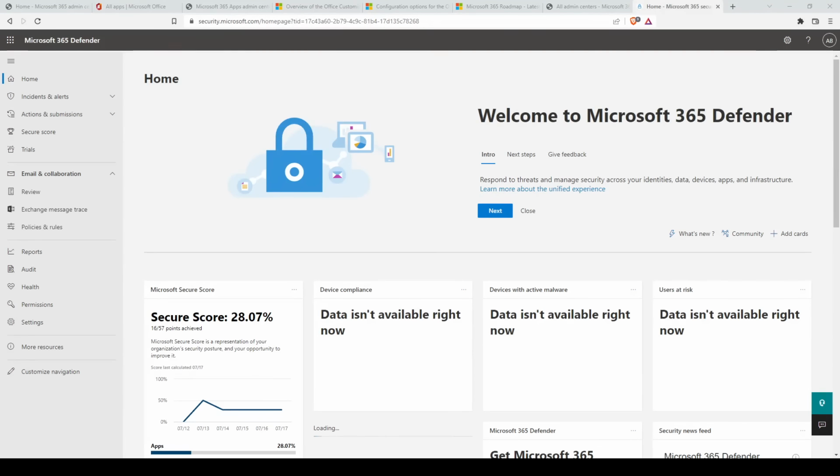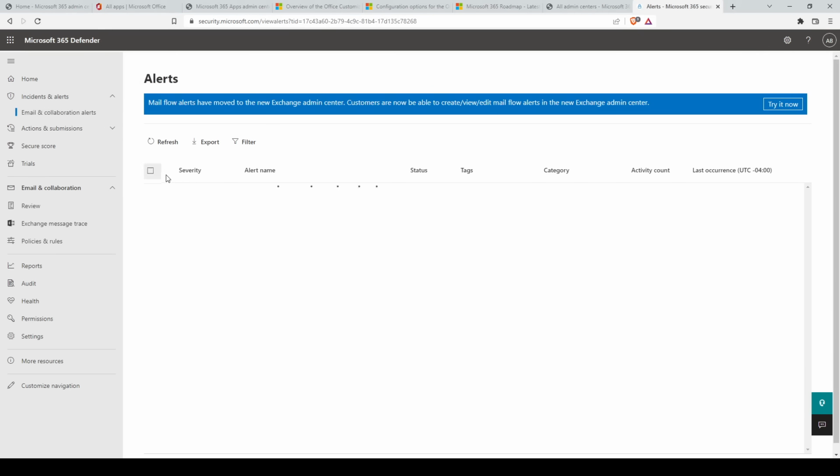Hey, this is Andrew Brown from ExamPro, and we're going through an overview of the Microsoft 365 Defender. We'll be taking a look at only the key features here. So, in general, Microsoft 365 Defender helps respond to threats and manage security across your identities, data, devices, apps, and infrastructure. So, starting with the incidents and alerts section, there is currently no data because this is a new account